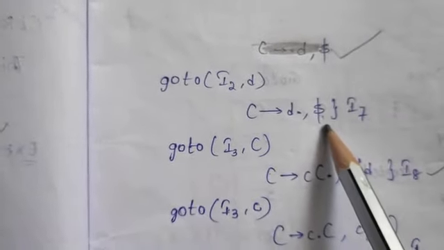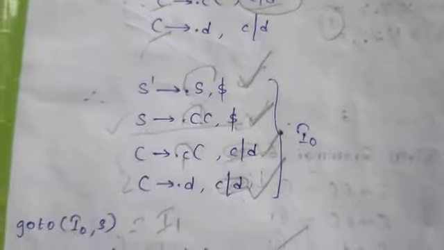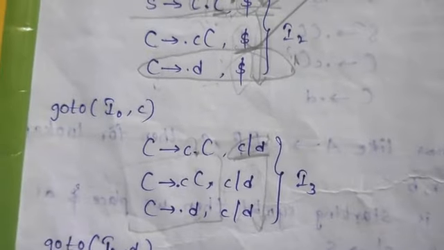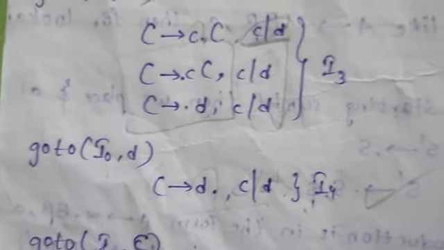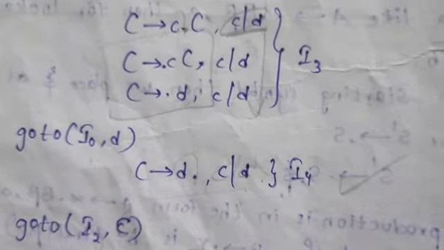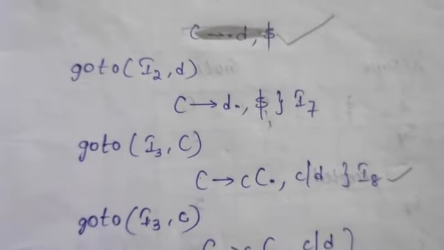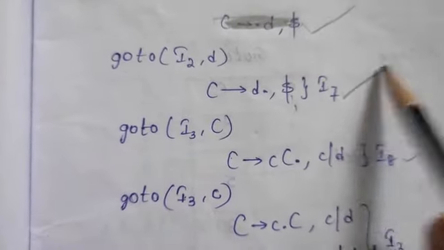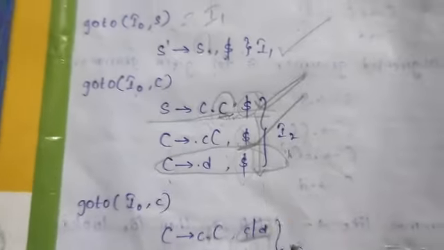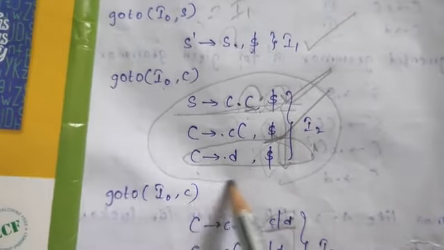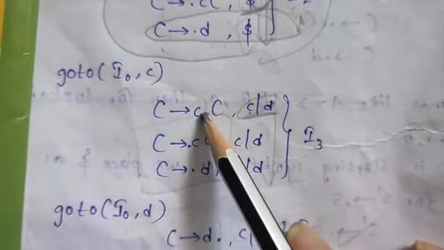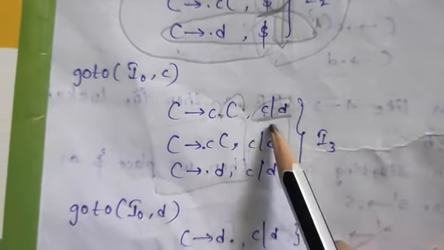Again it will check with the remaining productions. In I0 it's not matching, in I1 not matching, in I2 not matching, in I3 not matching, in I4 it's matching, but the look ahead there is C/D and here the look ahead is dollar, so the look ahead is different. For that reason we place a new state number I7 here. Then this entire I2 is completed. Then we go for I3. In I3 the dot will be moving by capital C again, where C/D is there.